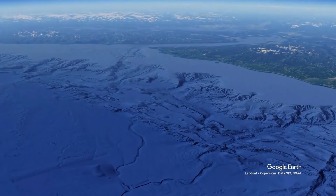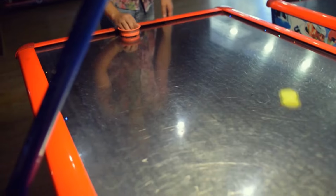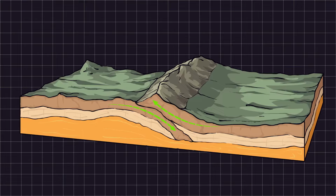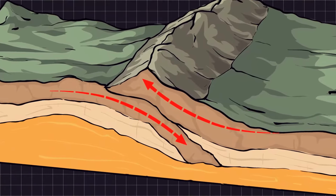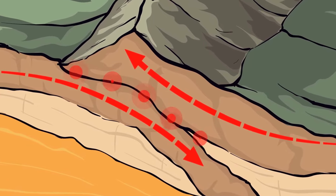The water from Pythias Oasis kinda acts as a lubricant between these plates. You can think of the fault zone as an air hockey table. When the fluid pressure is high, it's like you've turned the air on. That means the friction between the plates is reduced, which allows the plates to move. But if the fluid pressure is lower, the two plates can lock together, which then leads to the buildup of